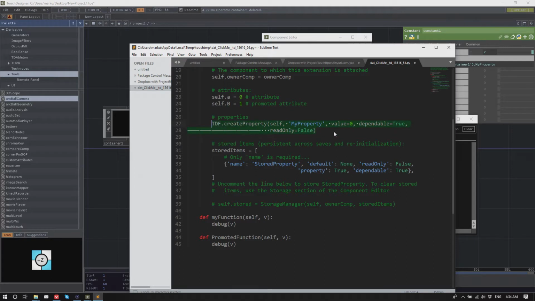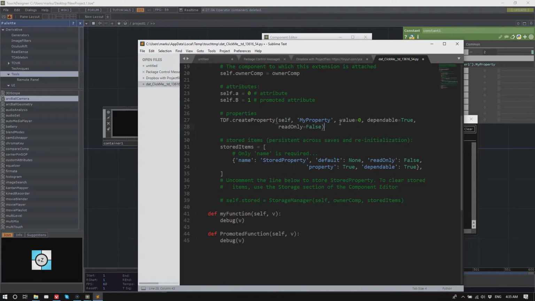Why could I not just always say self dot anything? Why do I have to create a property? The property only if it needs to be dependable. Do you mean by name? I mean, you could call this anything.